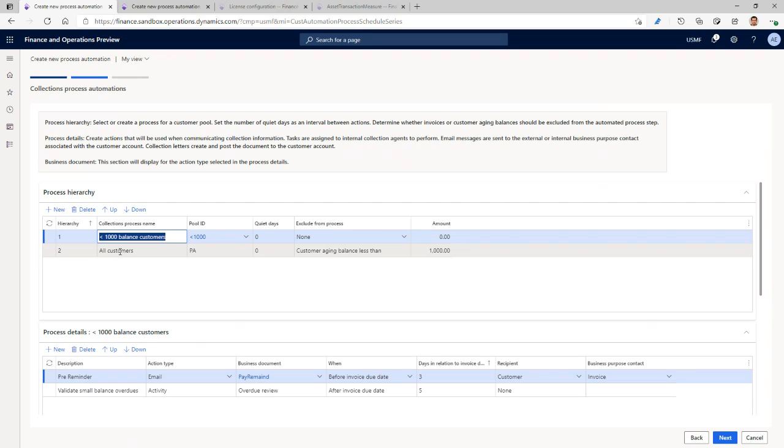So let's say for example, in my case, I have created 2 different types of customer pools. One with balances less than 1,000, and one for all the others, right? Besides those balances. So I would like to have a different treatment for the customers having a balance less than $1,000, and a different treatment or different process for all the other customers, right? So for this one, and how I have done it, I will quickly show you as well, is by creating